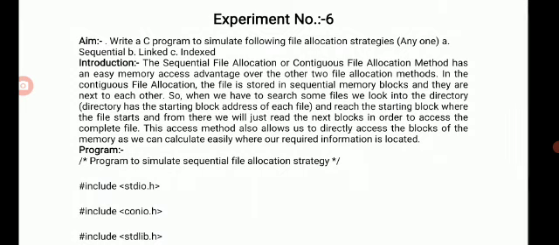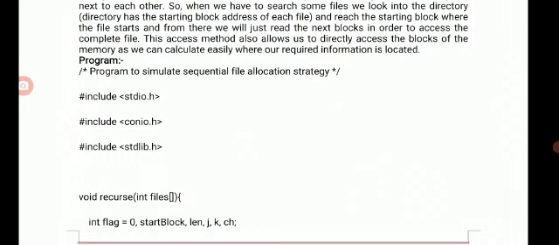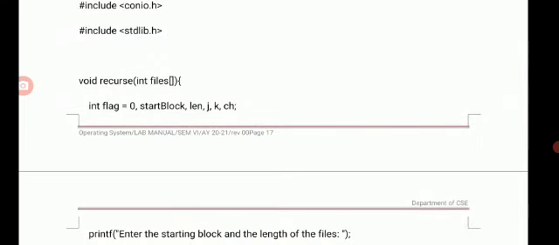Okay, so let's explain this with the help of a C program. We have implemented a C program to simulate the allocation strategy. Here we have declared and defined the variables, and we initialize the values of flag, start block, and length.